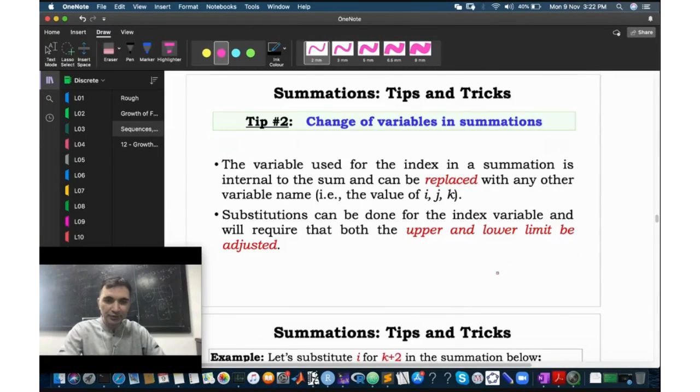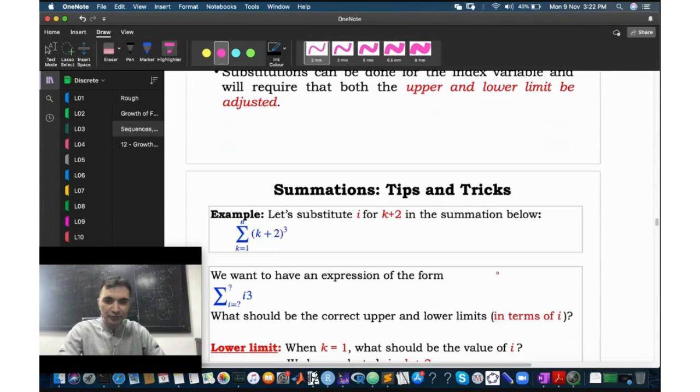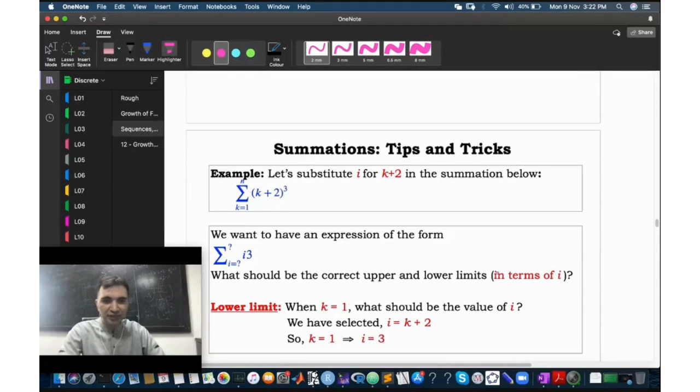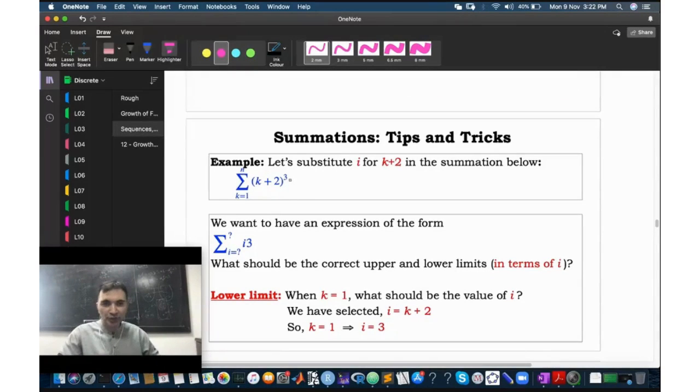So for example, if you have an example which says that you need to sum (k plus 2) cube, and k runs from 1 to n. It's just n, I think. k runs from 1 to n. So in this case, you can